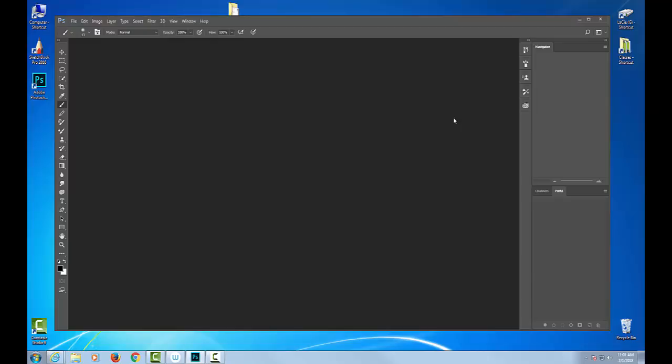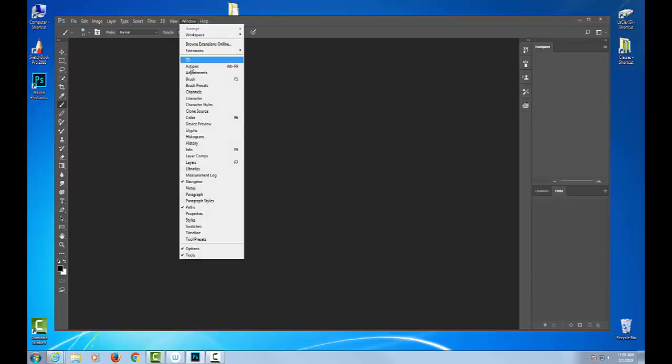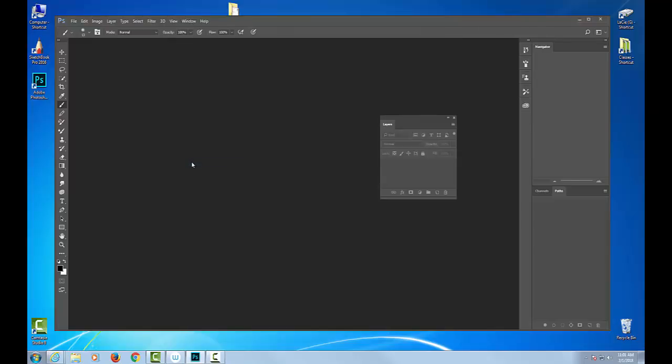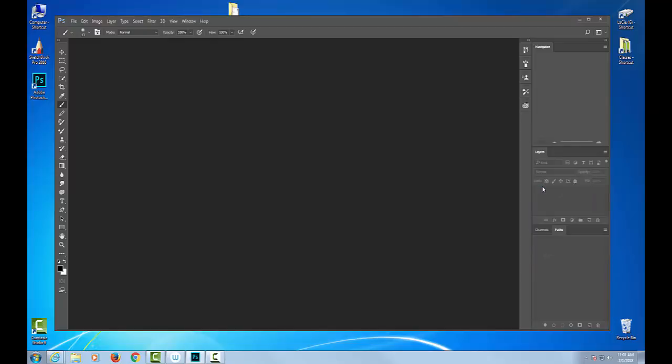So if I come back up to the top menu bar and I go to Window, and I scroll down here and I go, I want my Layers window. There's Layers. And if I click it, look, it gave me back the Layers window. And then if I take that Layers window and I drag that back over and put it right over here, see how it highlights blue? It's telling me, hey, I'm going to drop it right here, and boom,